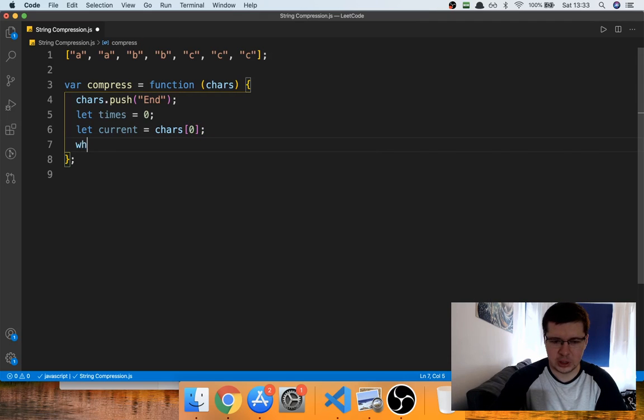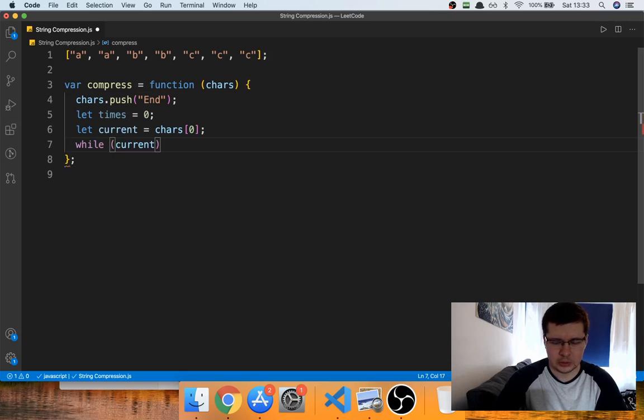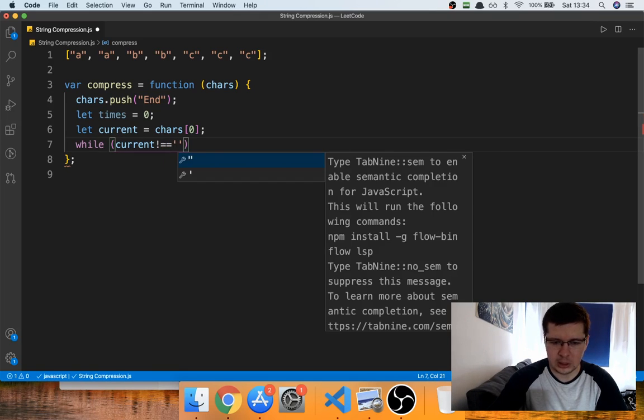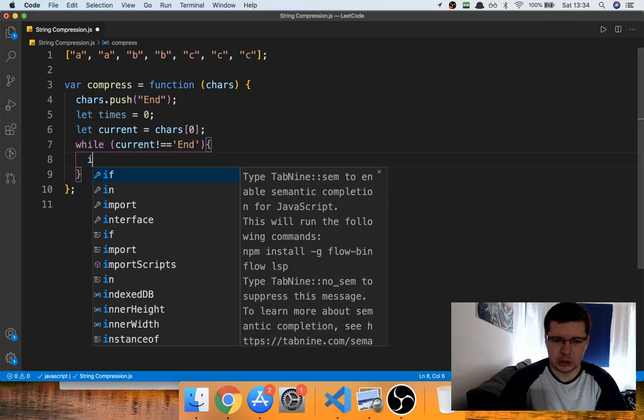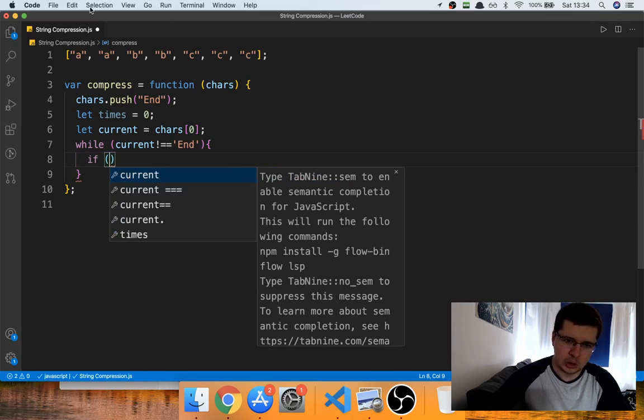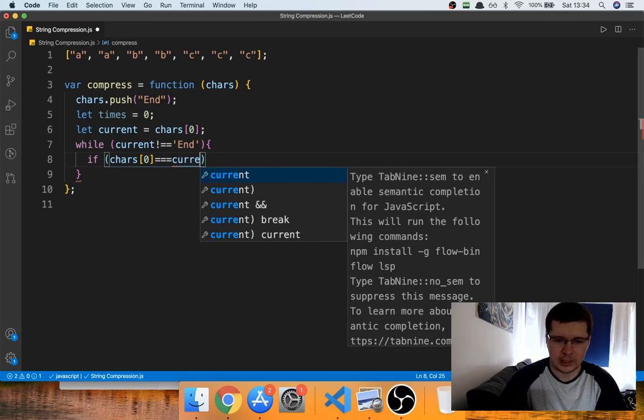Then what we want to say is while current is different than end. So while the current element is not end, we want to do some manipulation. We don't want to do that manipulation once we have reached the end. We only want to do it until we reach the end. So what we're gonna say is if the element at the beginning of the array is equal with the current value,